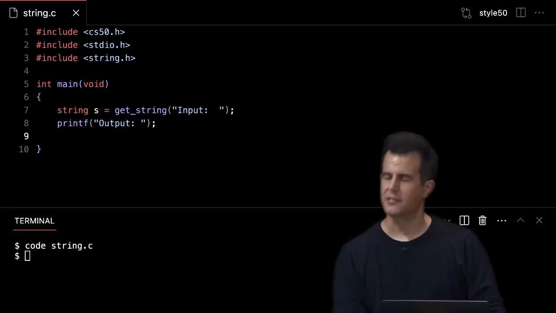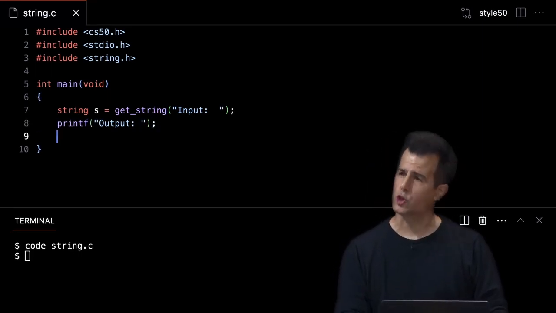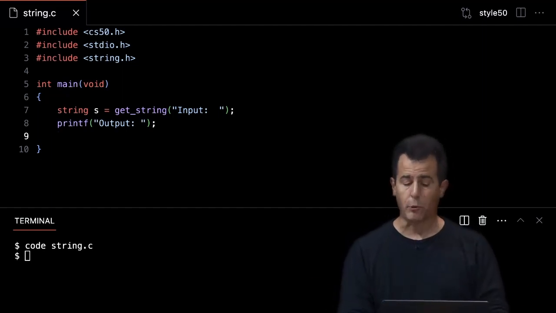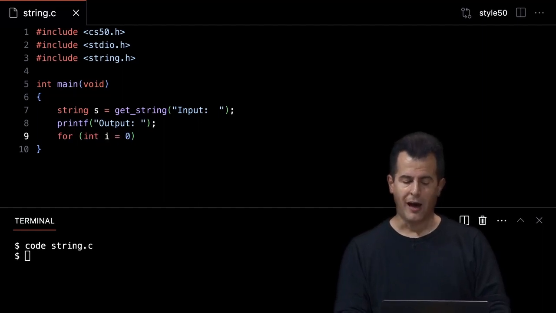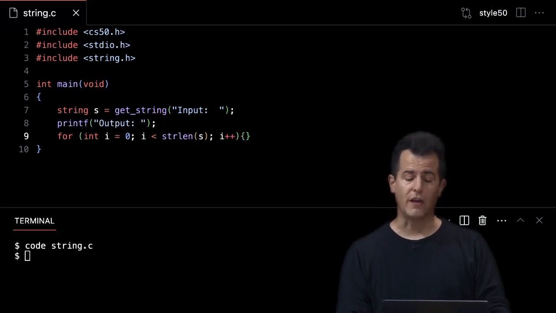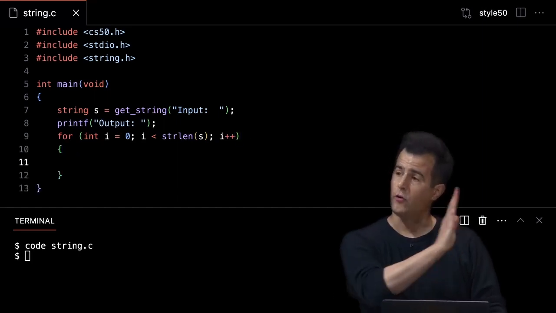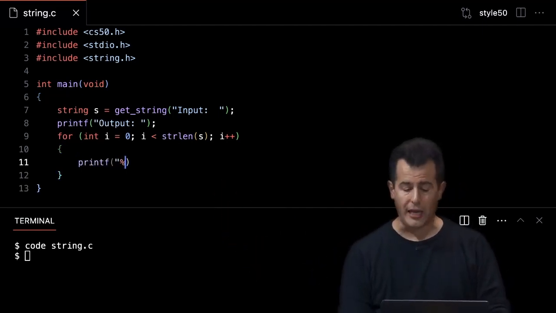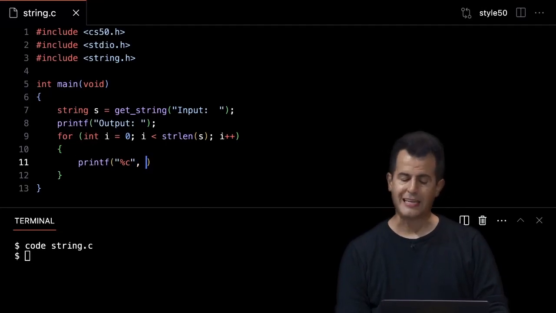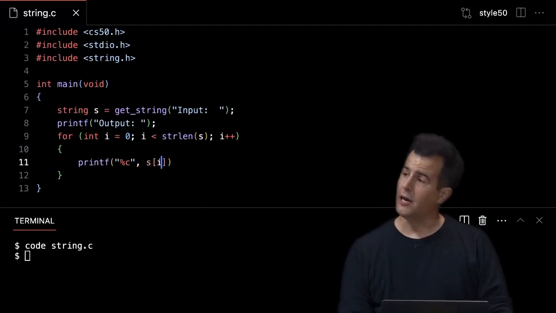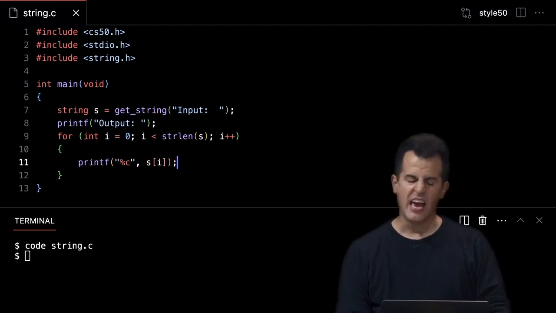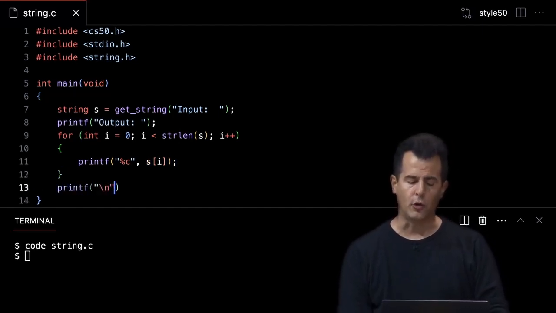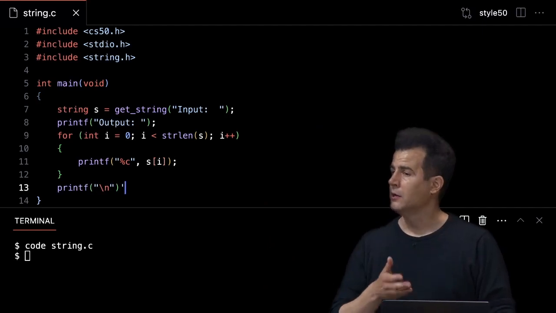And let's go ahead now and do this. If I want to print out every character in a string, how can I now do this? Well, this is actually a pretty common task, even though this version thereof will seem pointless. For int i gets 0, i is less than the length of s, i++ is just the conventional way to start a loop that iterates from left to right over a string of that length. And then let's go ahead and print out each character, %c, printing out the string at location i using our fancy new array syntax. And at the very end of this program, let's just print out a newline character just to move the cursor to the bottom like we've done in the past.